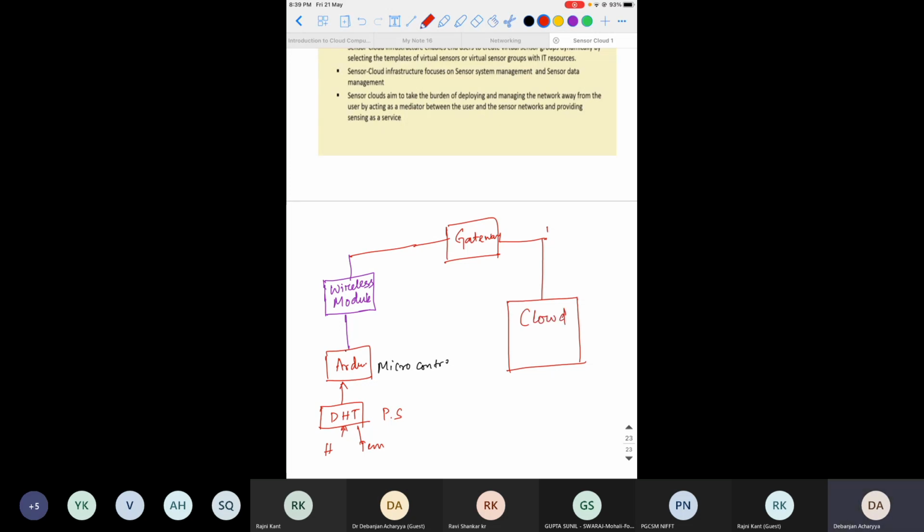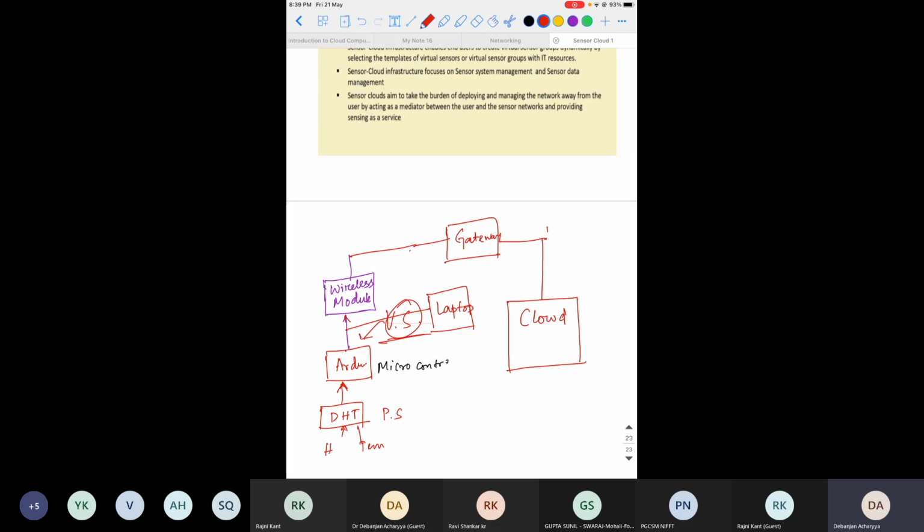So whatever data you are getting from this sensor is controlled by the Arduino, and the wireless module will send the data. So here there is a virtual sensor. You can write different programs over here to control these things. In between them, obviously there is a laptop, and by using the laptop you can program the Arduino and the virtual sensor and virtual sensor groups.